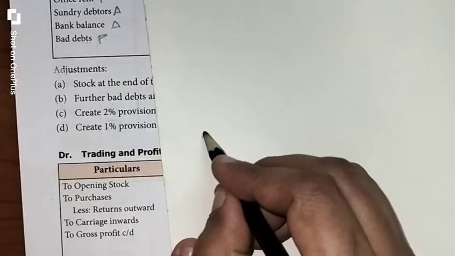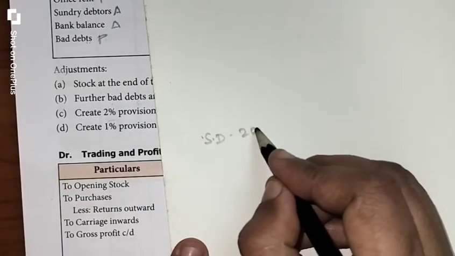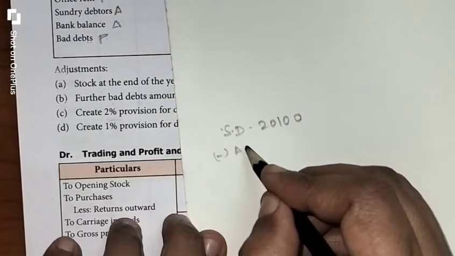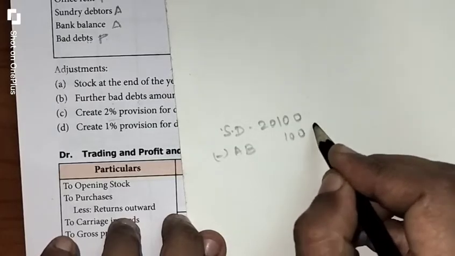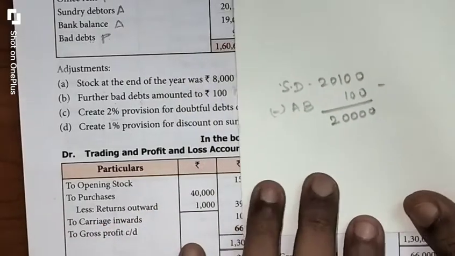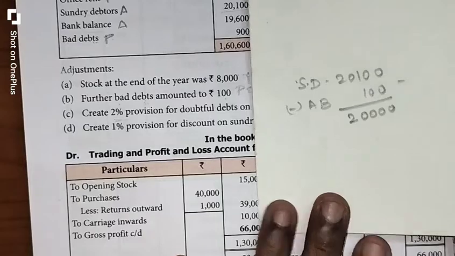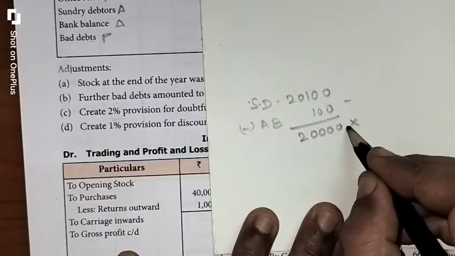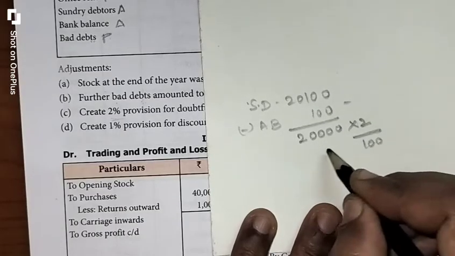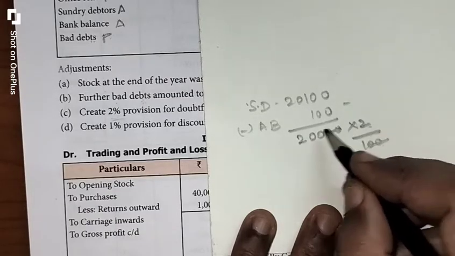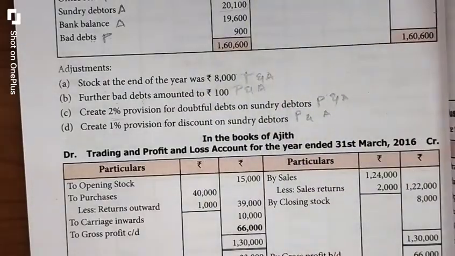So from the 20,100 rupees sundry debtors, we have to subtract the further bad debts, meaning additional bad debts. How much? 100 rupees we subtracted. We will get how much? 20,000 rupees. From the 20,000 rupees we have to find 2% as the new provision. So 2% means 2 by 100. This 20 is cancelled against this 20. We will get how much? 2 twos are 4, 400 rupees. So that 400 rupees is the